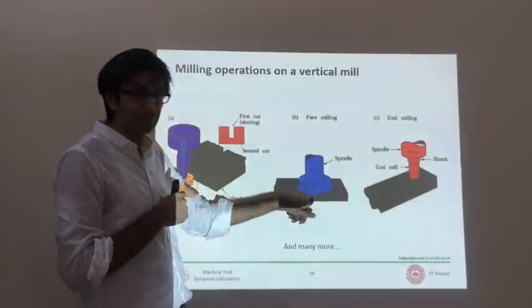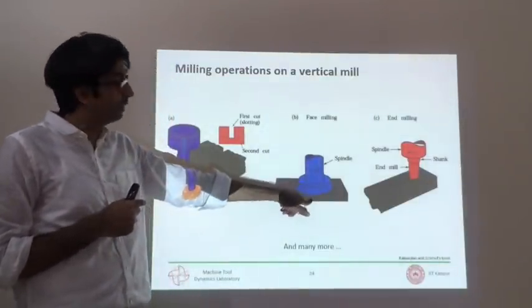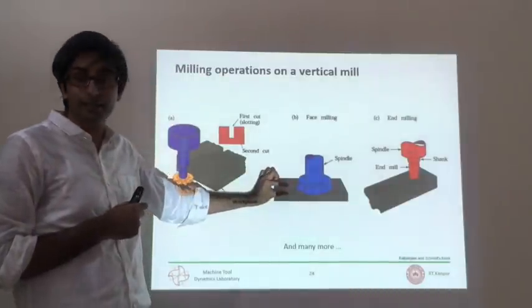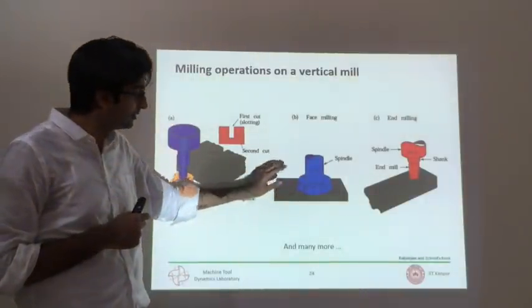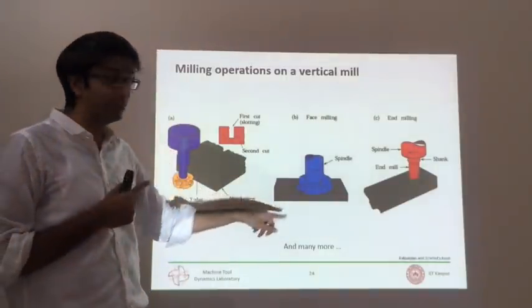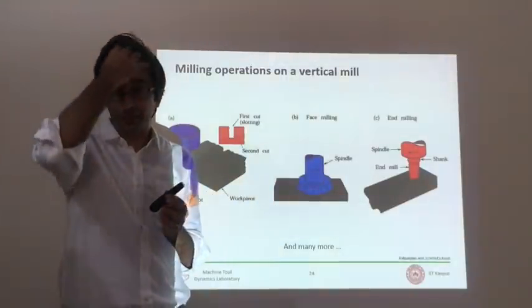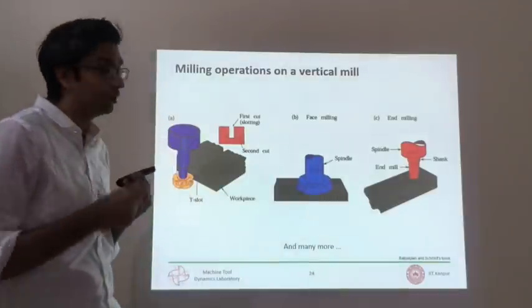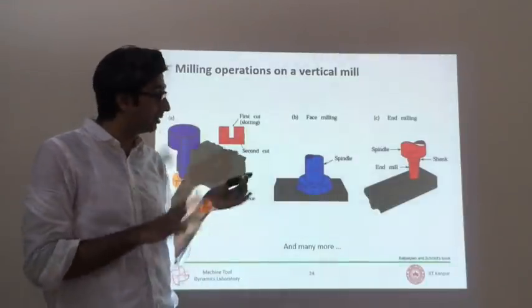You can also do face milling. This is like slab milling, where you are locally reducing the thickness of the workpiece. But face milling you can also do free form. It's not shown here, but it is possible. Very difficult in manual machines, but it is possible. When we talk about CNC milling machines, you will see that all this is a joke.